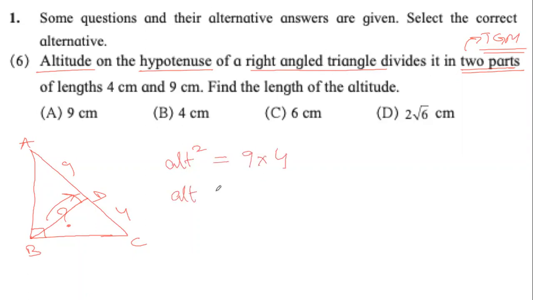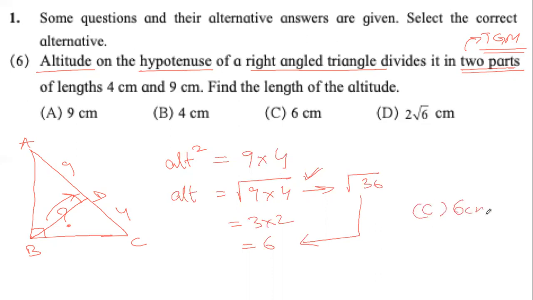So the altitude will be equal to square root of 9 into 4. Now again, the smart answer is square root of 9 is 3, square root of 4 is 2, so it is 6. The other way some students do, from here they go to 36 and then they come to 6. Both are correct, but this is easier in a way. Why do we need to multiply if we have to take the square root anyway? So first take the square root. So you will say the answer is C, 6 centimeters.